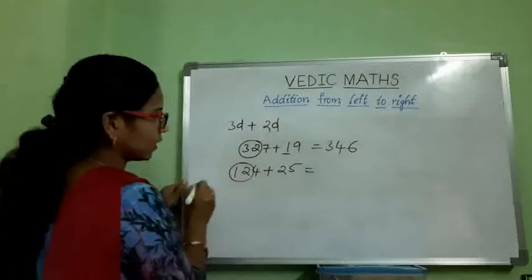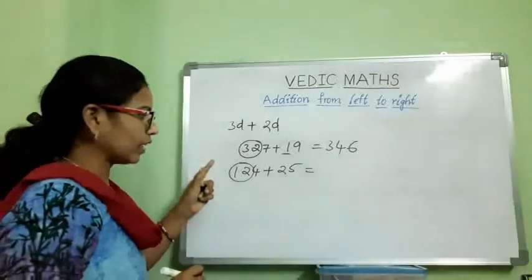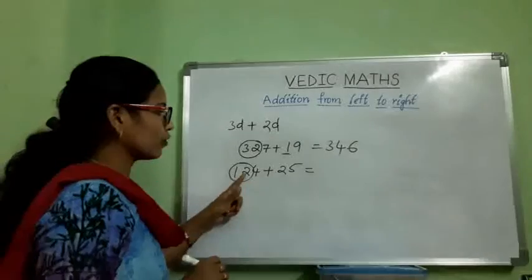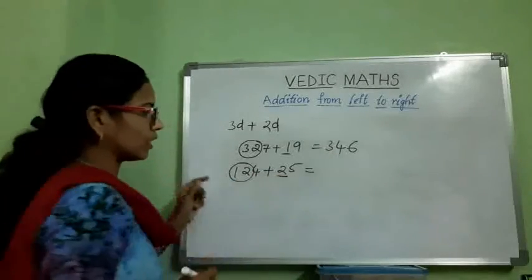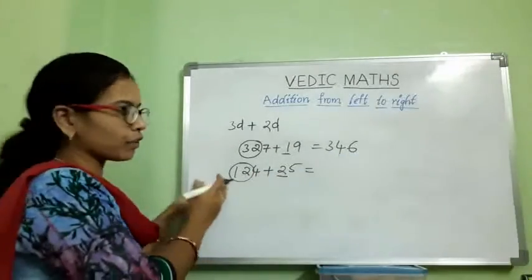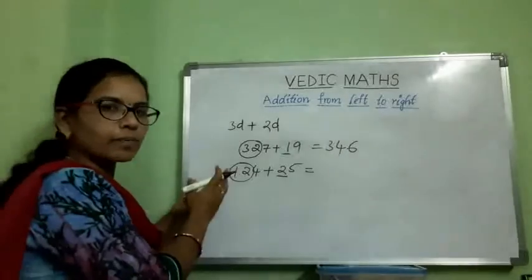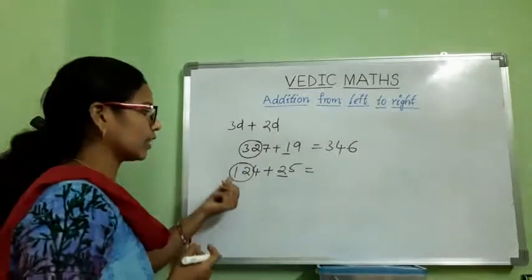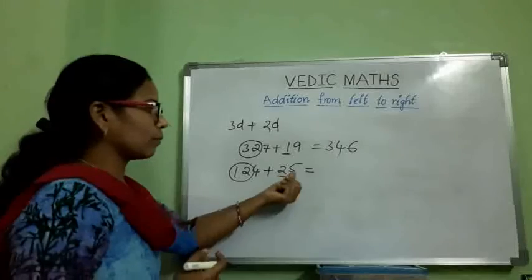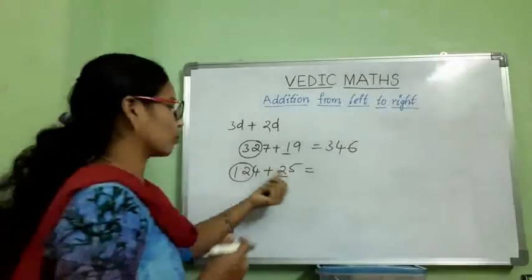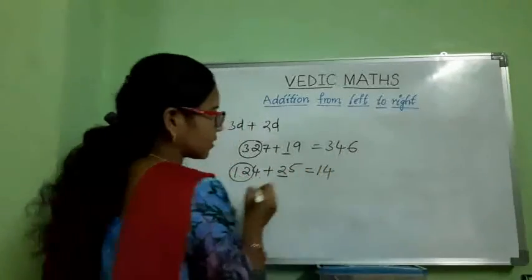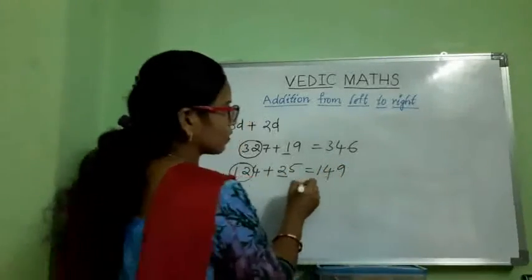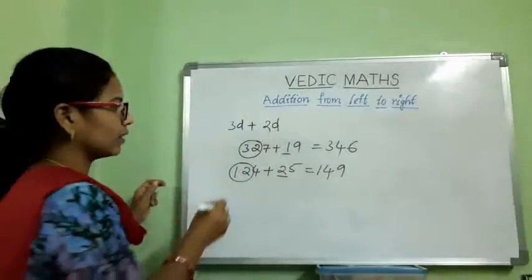Yes, here I take 12 as a single number, means 1 and 2 at a time, and 12 plus 2 is 14. Yes, first leftmost side we have to write total sum, but for the right side digits we have to write the end digits. Okay, 12 plus 2 is 14, but these are non-carry, so 14 we write as easily 14. Next, end digit of 5 and 4 is 9, so the answer is 149.